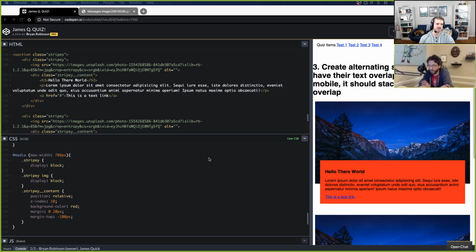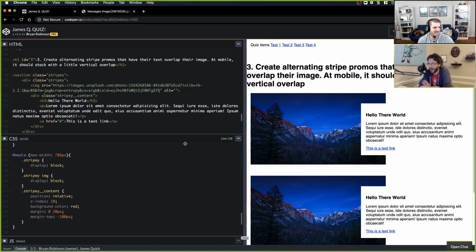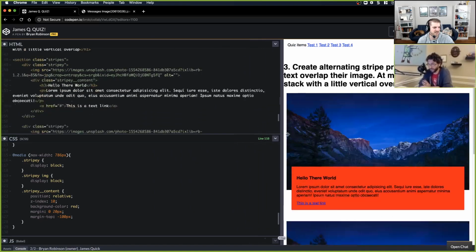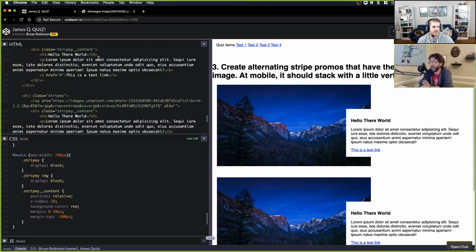You're figuring this stuff out. By the way, I think we should keep the red background. That looks good. That way you'll know when the media query takes effect. There was just one more piece on this challenge if you wanted to do it. It's supposed to alternate sides at desktop size. If you look at the design, they go left, right, or right, left, right, left.